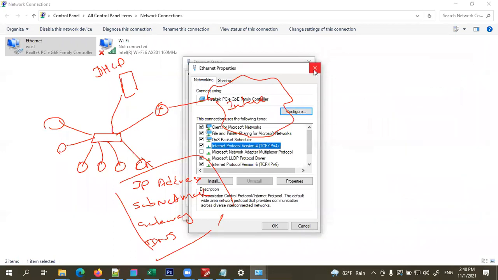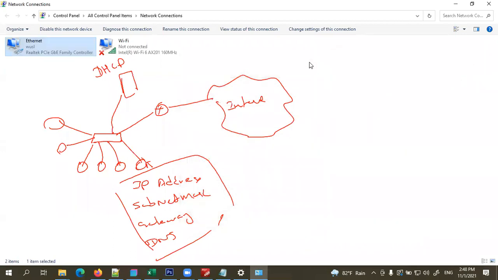So when I connect to Wi-Fi, I have set it to access automatically. Even if you have a router in your home, you are not going to assign an IP address to your computer, right? You are just going to connect to the Wi-Fi network. That's all. So the DHCP service is running in your Wi-Fi router, and that will automatically assign these IP details to your computer.